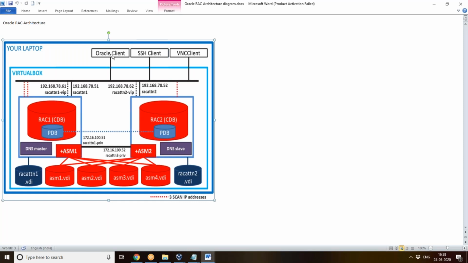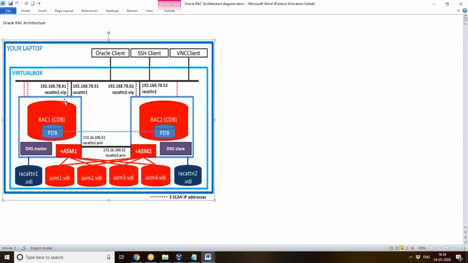Instead of the application going and checking whether it can connect through this VIP or that VIP or that instance, the connection process makes use of the SCAN IP, so that using the SCAN IP, it redirects the applications to the corresponding instances. If this instance crashes, the SCAN will redirect.